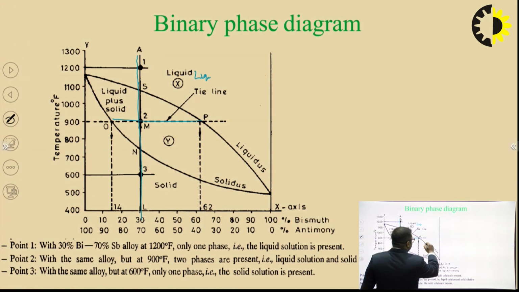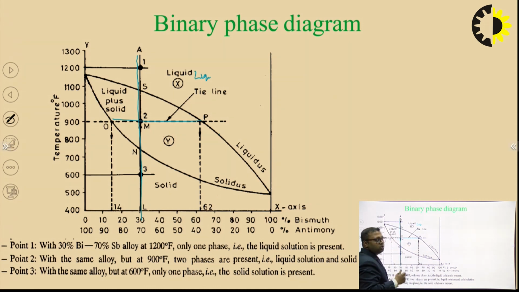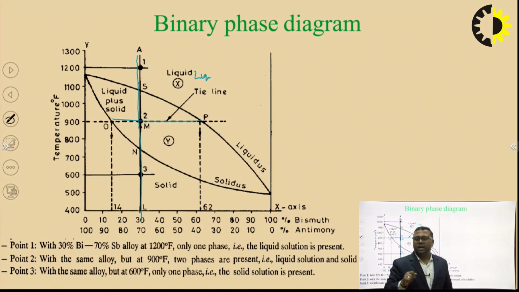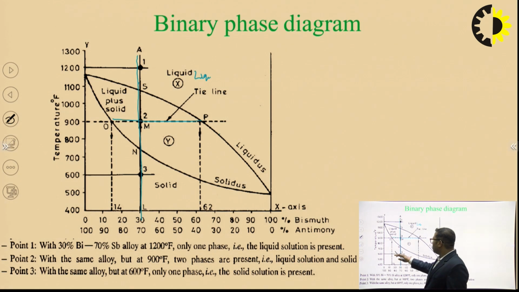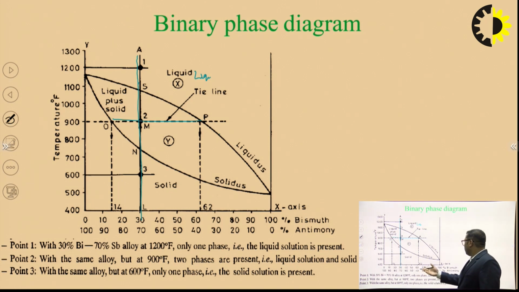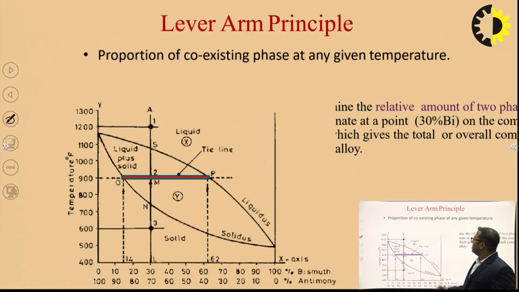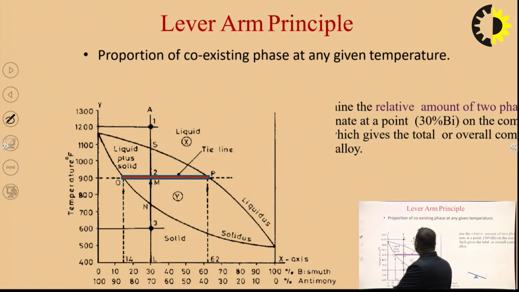So the line which separates the liquid region from the mushy zone is known as the liquidus line, and the curve which separates the solid region from the mushy zone is the solidus line. You can see here that on the x-axis the bismuth percentage is increasing, and on moving forward we see that the antimony percentage is decreasing. So this is the lever arm rule, in which the proportion of coexisting phases at a given